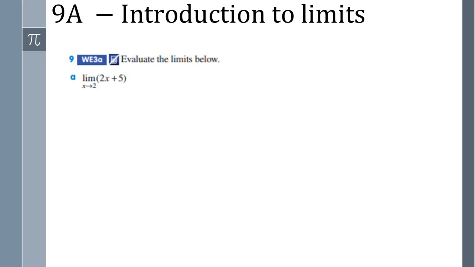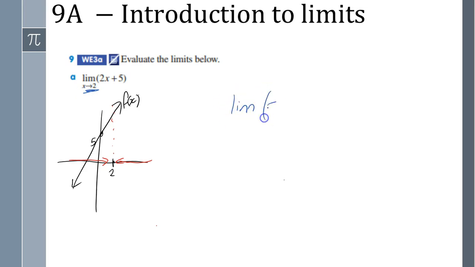We could draw a graph if we wanted to. 2x plus 5, we're going to start at the 5 there. We could do it like that. And we could think about as x approaches 2, where is our graph going to be? Obviously, it's going to be a bit more than 5. But the easiest way to do it is just to sub in what the value of x is going to be. So the limit of 2x plus 5 as x approaches 2, we could rewrite as,